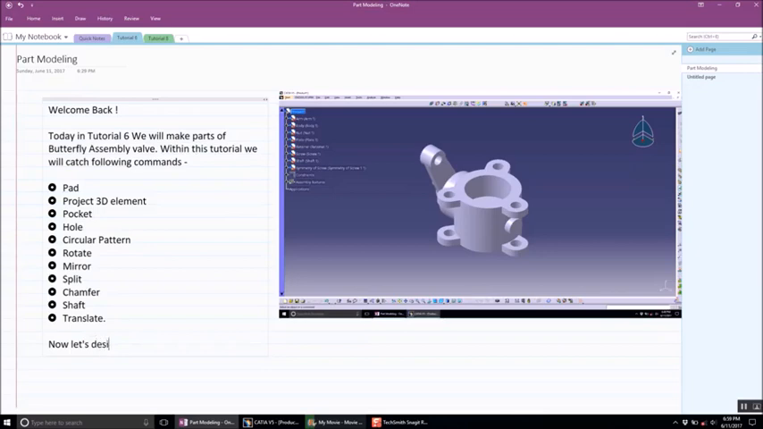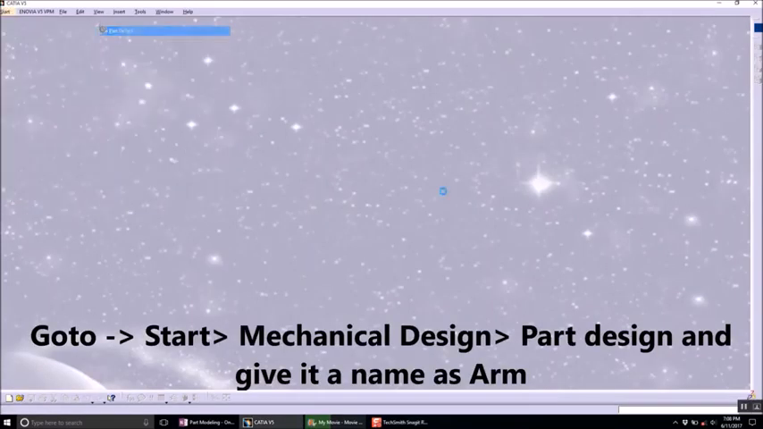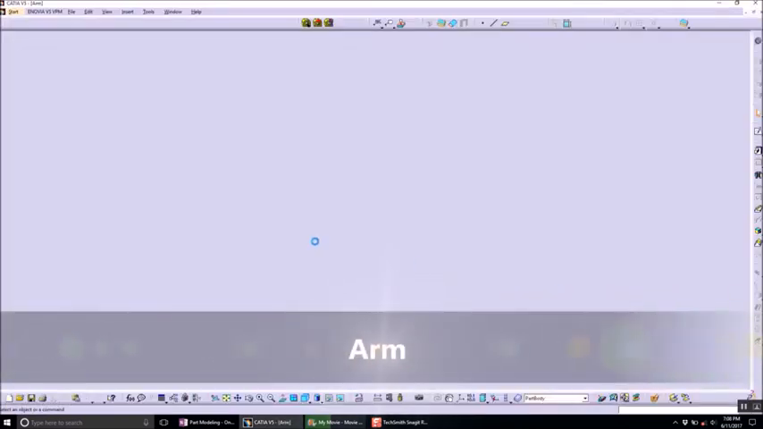launch CATIA V5, and let's make all the parts of the butterfly valve assembly in the part modeling workbench. So let's go to CATIA V5, go to mechanical design, click on part design, and give it a name of arm. So first we are going to make the arm part of the